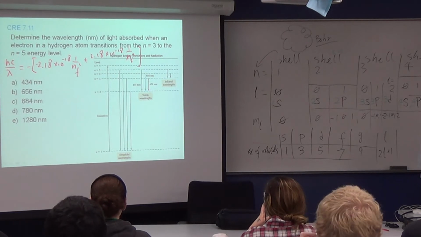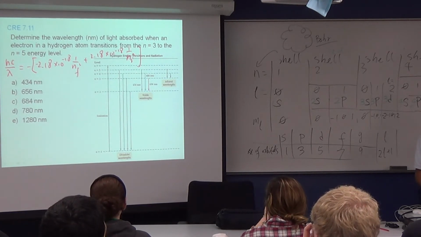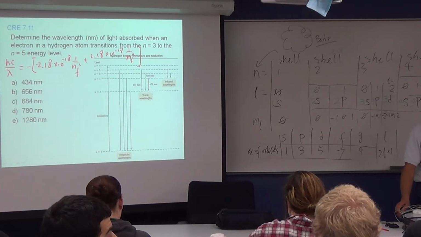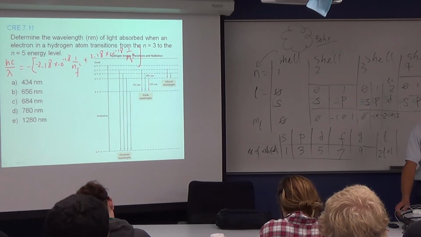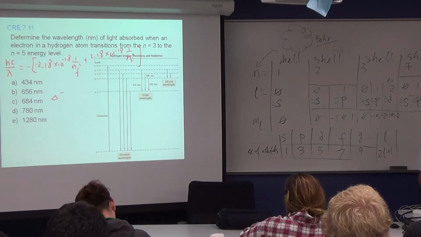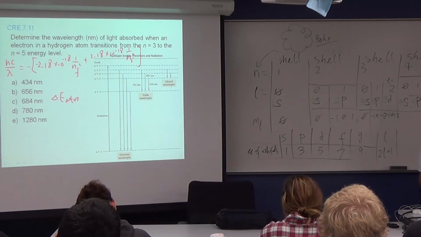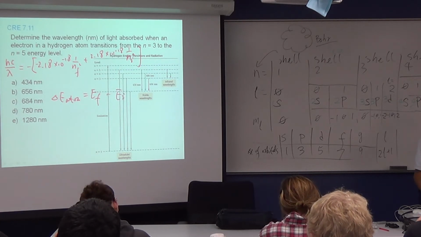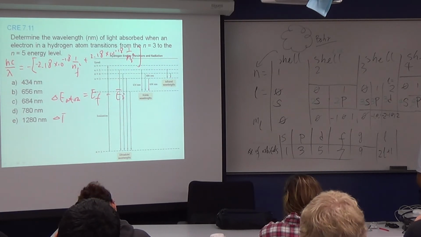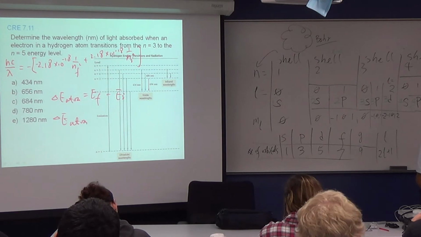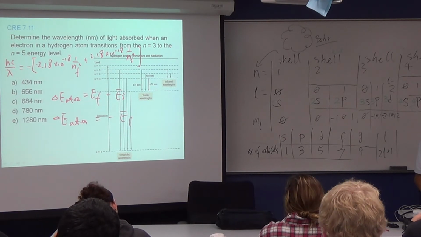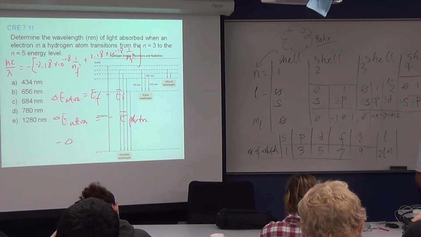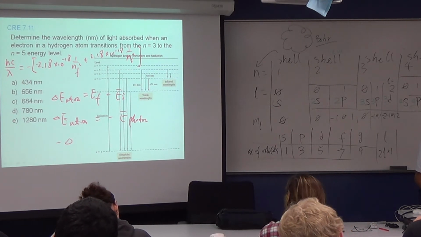Right. So now, why did you add them instead of subtracting? Because it's final minus initial. This comes from the final and the initial for the delta E atom. And once you put those, delta E atom equals E F minus E I. Then you also have that conversion, so delta E atom equals negative E photon. Then you just write negative delta E